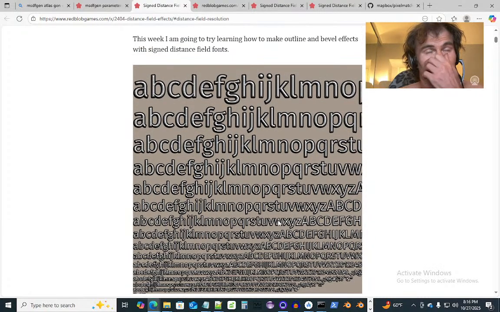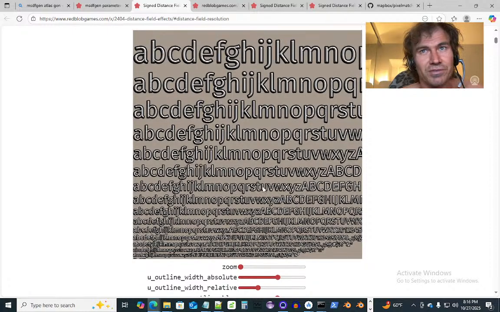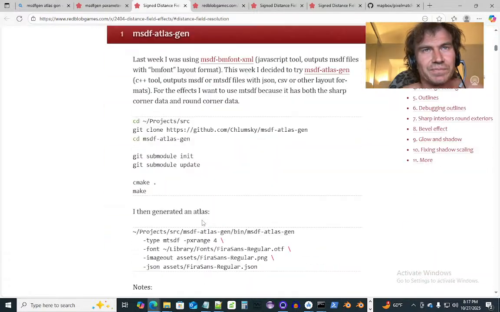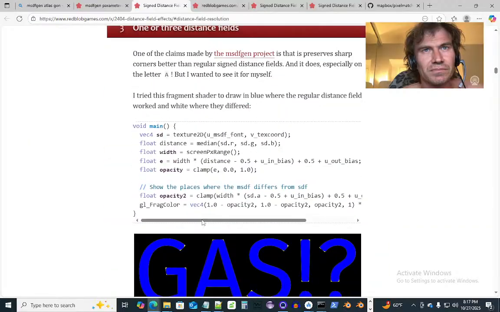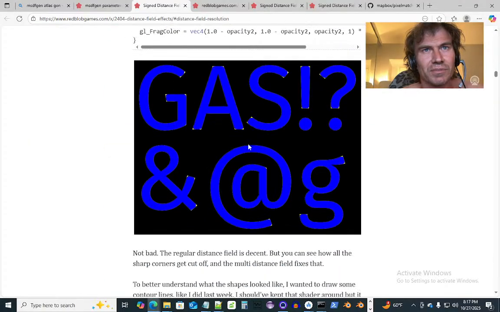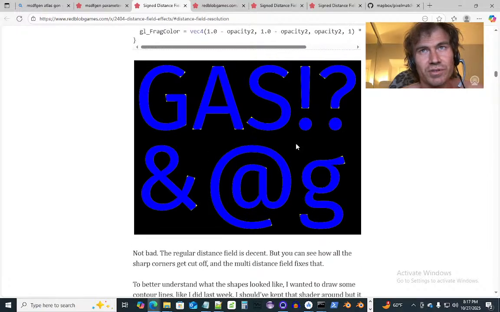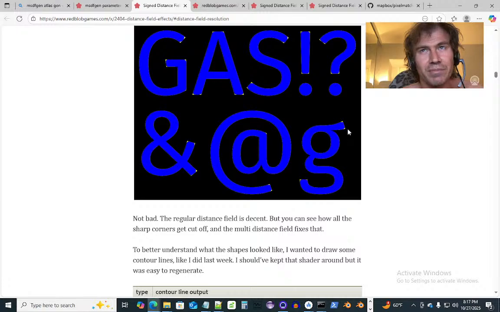So that looks kind of nice. Close up, it looks even nicer. Far away, it gets a little weird looking, a little pixelated, but it's sharp on the eye. I could read that almost at the bottom there, and it makes sure that these corners don't get butchered by mathematical